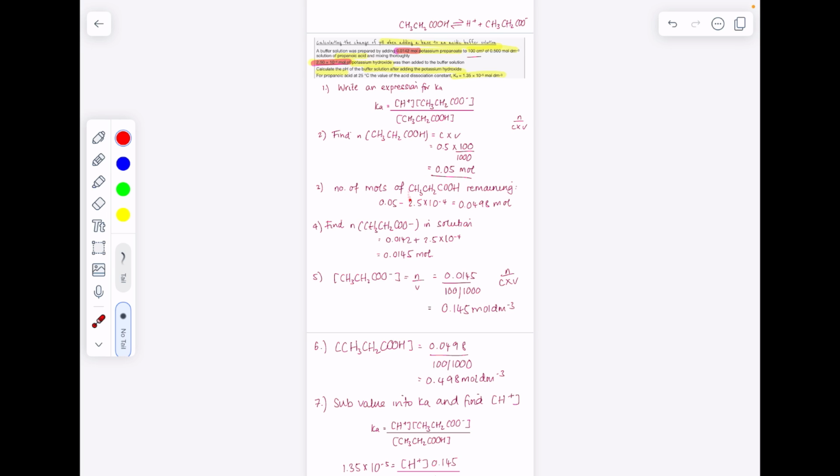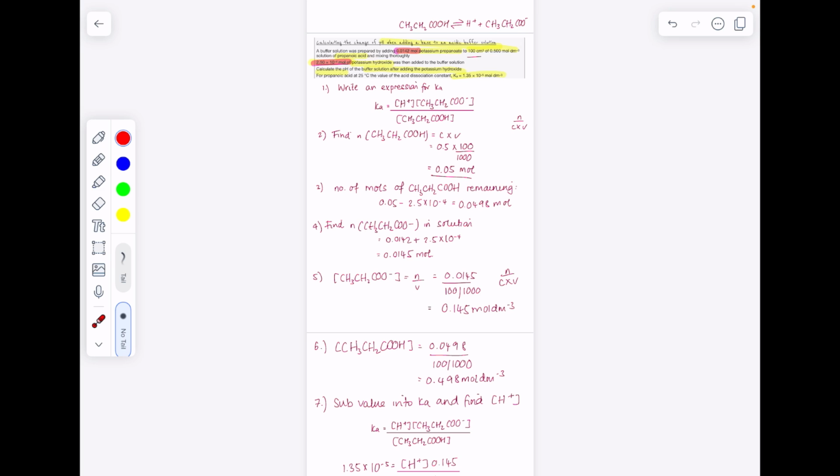Then we needed to work out how much reacted, so how much was left over. So we took that number that we started with initially and then minused, in effect, the number of moles of potassium hydroxide, because the hydroxide ions, after all, react with the propanoic acid to give water and propanoate ions. So that was the number of moles of acid remaining. Then in order to find the number of moles of propanoate ions present in solution, we took the initial number they told us and added the 2.5 times 10 to the minus 4, because